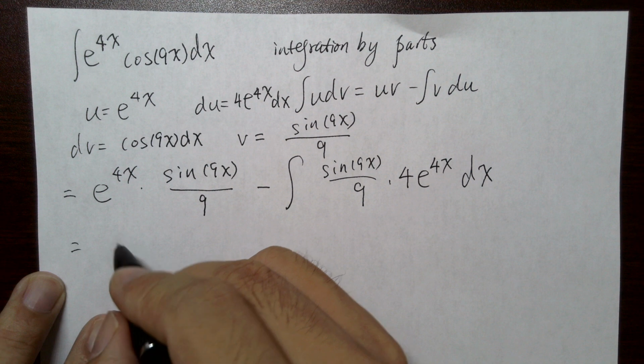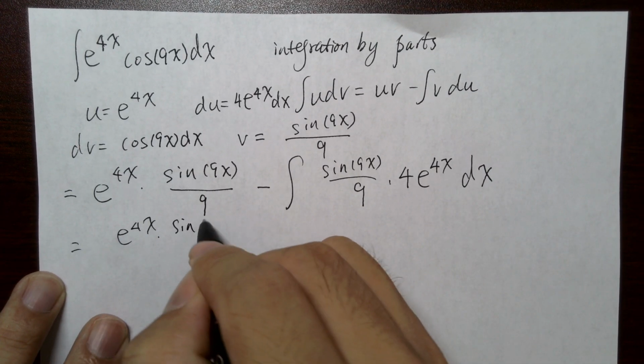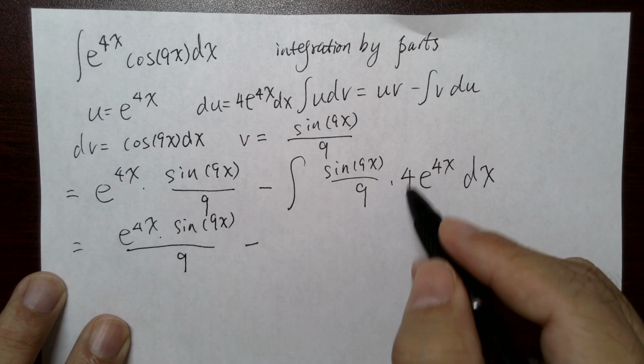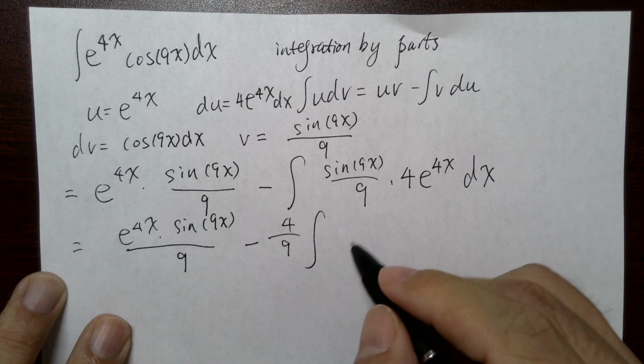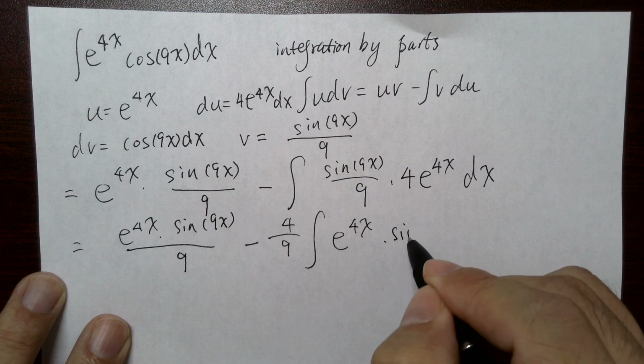So we have e to the power of 4x sine of 9x over 9 minus, I factor 4 over 9 outside, 4 over 9 times the integral of